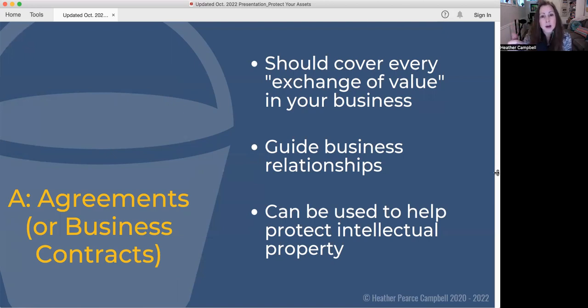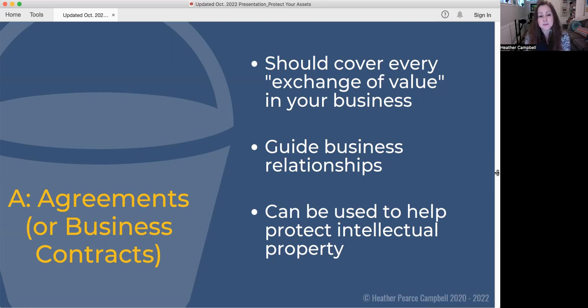Hiring independent contractors is an exchange of value, right? And that can be some of the first things that people do in a business. You hire a website person, maybe you hire a VA or somebody to help you schedule or whatever. Those early exchanges are super important, right? Maybe you hire and work with a designer. Who owns the design, right? Is it you? Is it them? Some of these early issues can really bite people in the rear end, and having agreements in place early